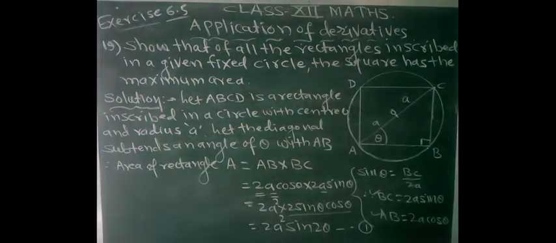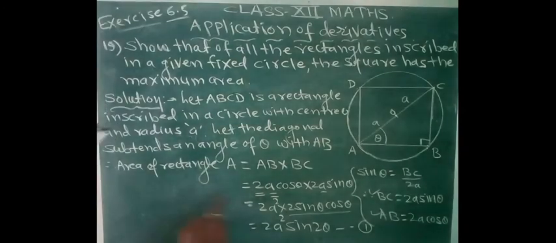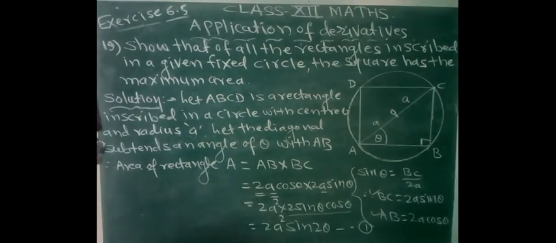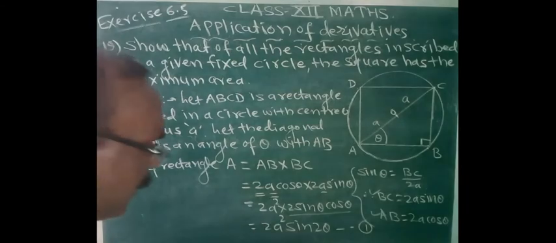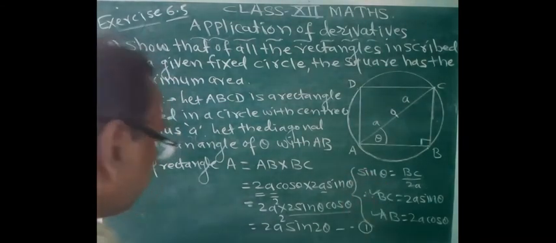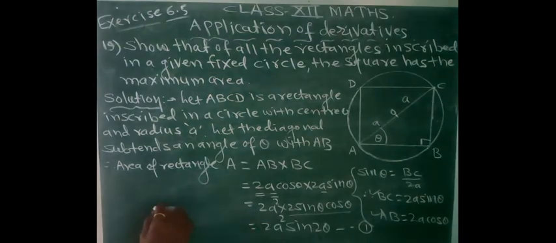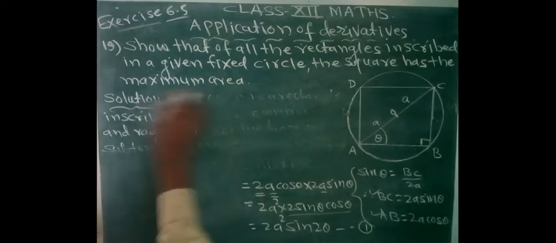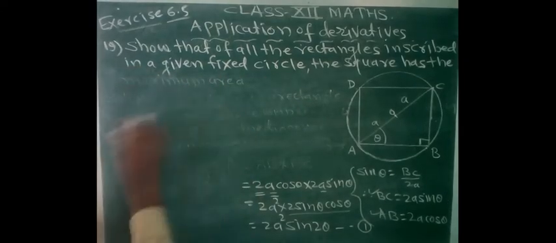Okay, now we will differentiate this area with respect to theta, and let us find out dA by d theta, and take dA by d theta equal to 0, find the value of theta. Means you know that dA by d theta equal to 0 is where turning points occur and the slope of the tangent is 0, so we take dA by d theta as 0. Okay, to find turning points, that may be maximum point or minimum point.